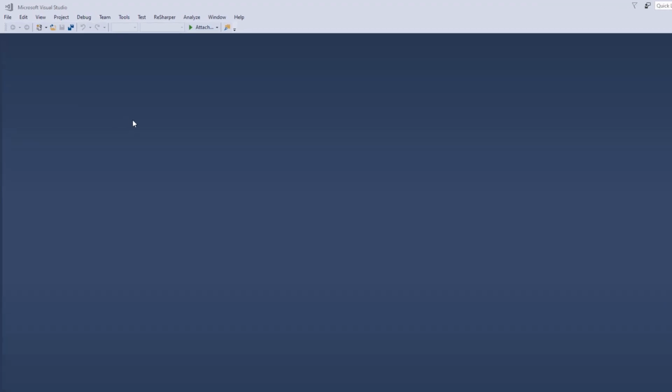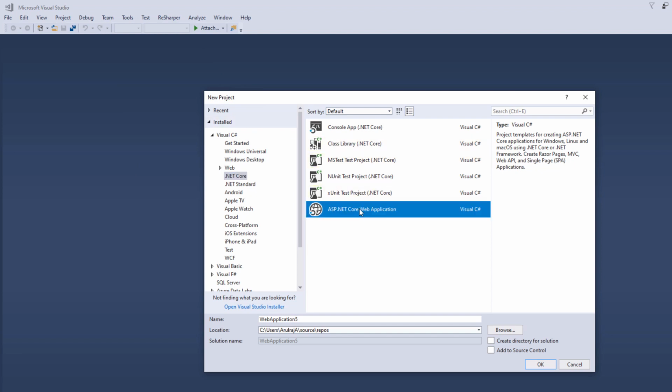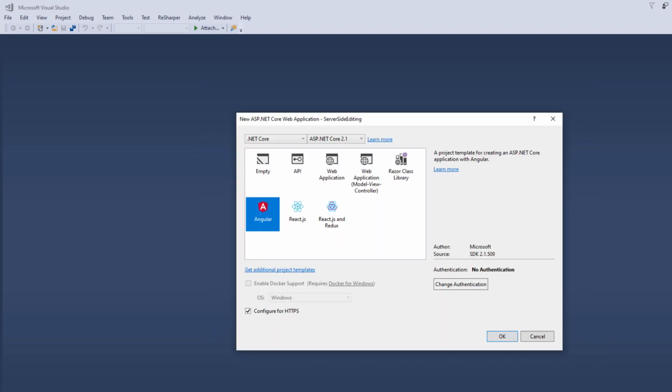To explain these CRUD operations in Angular TreeGrid using Visual Studio IDE, I am creating a new ASP.NET Core web application with Angular as frontend.